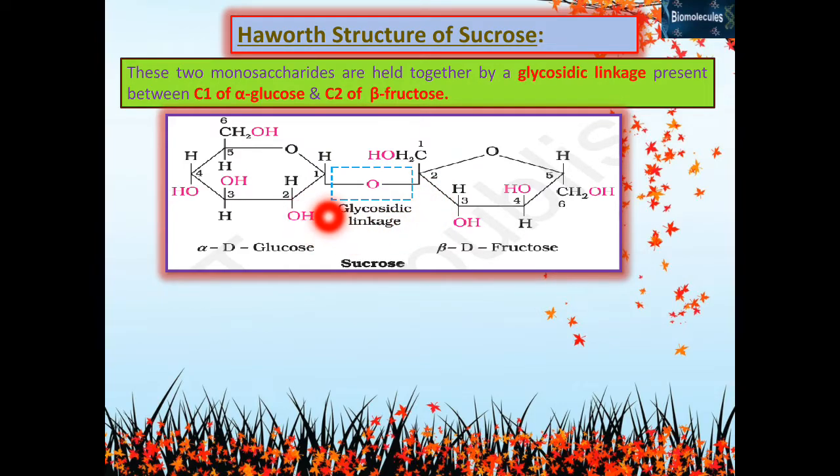Here there was HOH, here CH2OH with OH, and H2O is lost, so we'll get this kind of a link. So this carbon links with this carbon through this oxygen. So this link is called glycosidic linkage